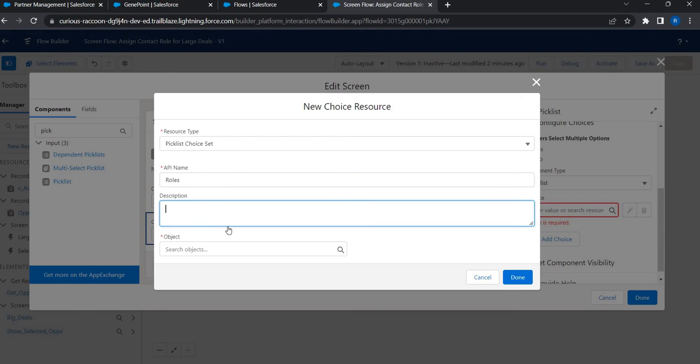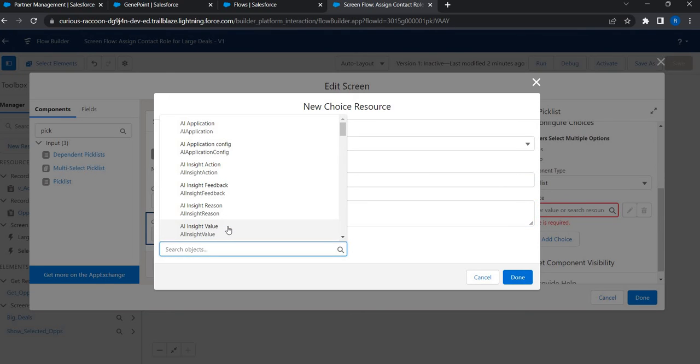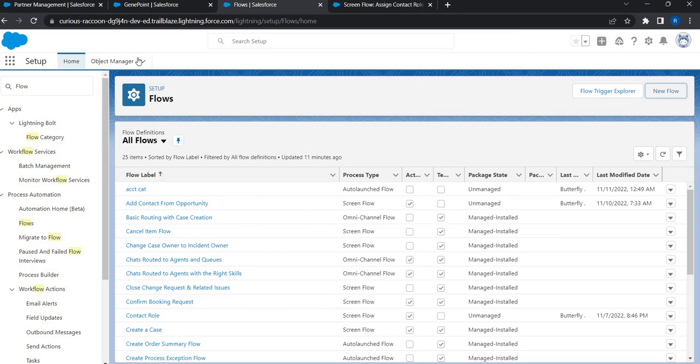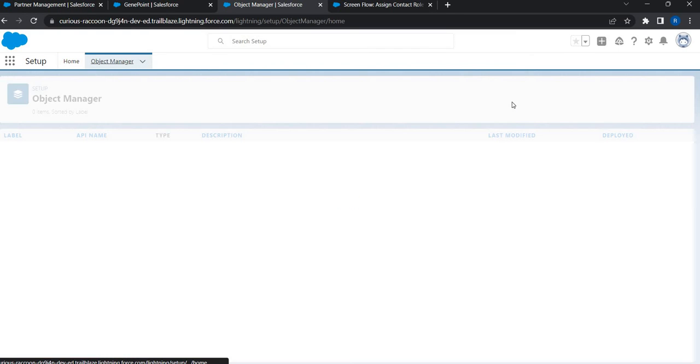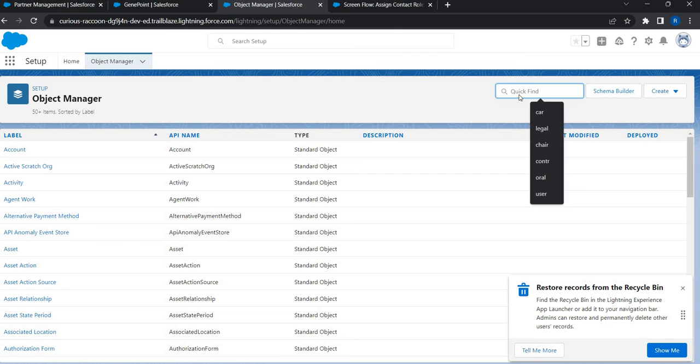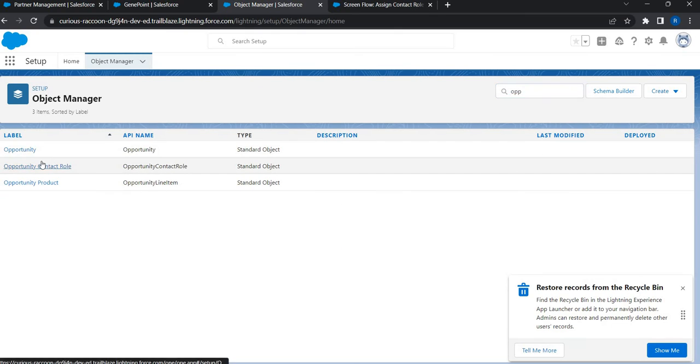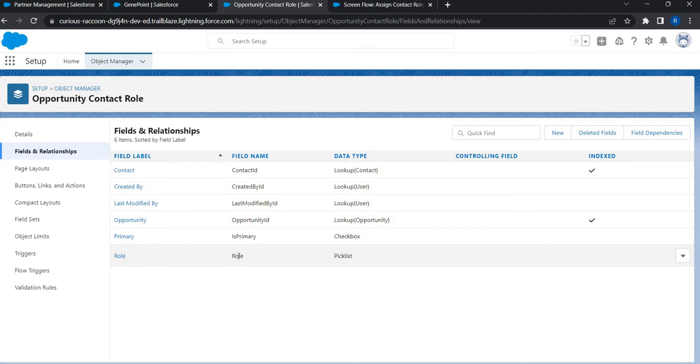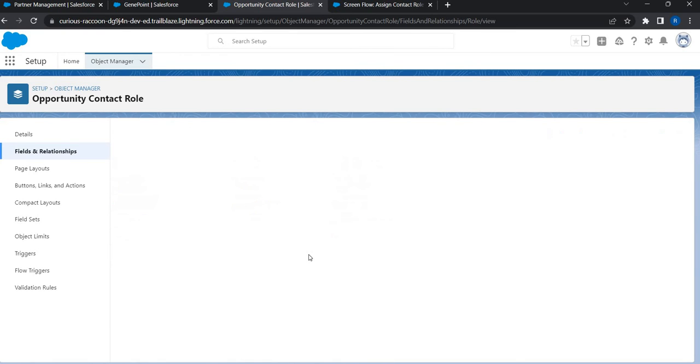And I know that the list of contact roles, right, is present in the opportunity contact role object. So if we go back here and then we just have to show you in the object manager, we have object contact role, and in the fields and relationships, we do have a pick list role. So what I'm gonna do is I'm gonna access this particular pick list from flow and then bring